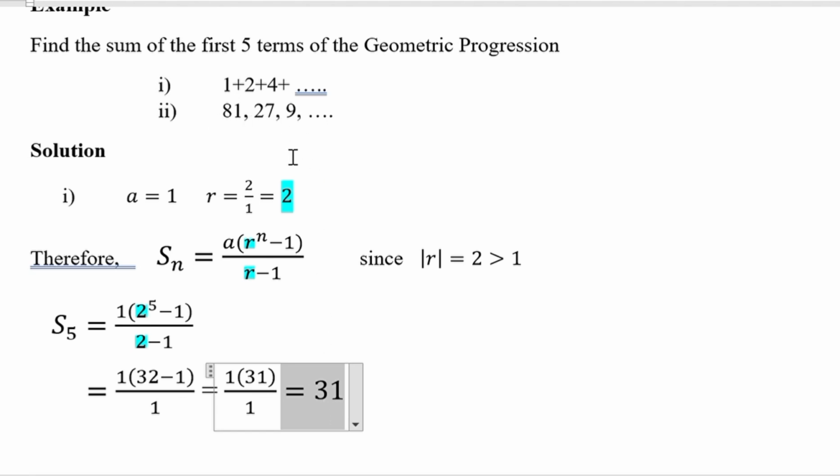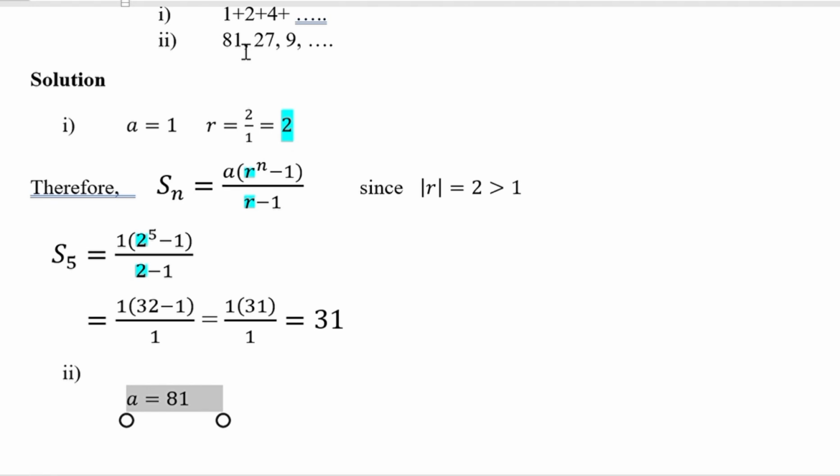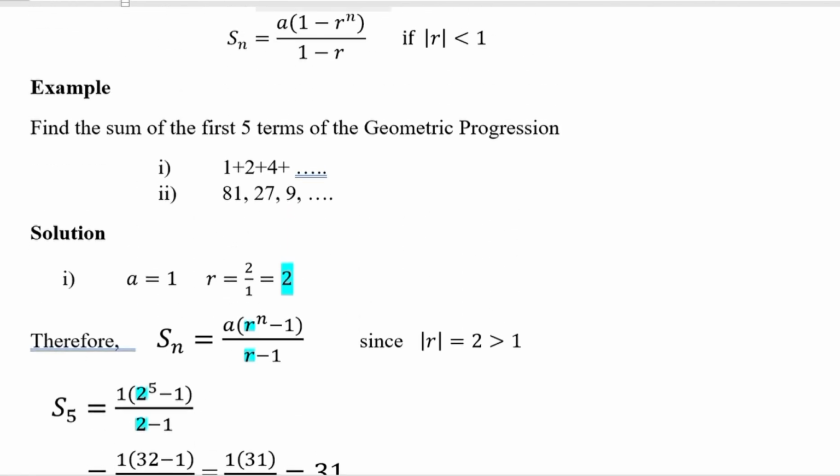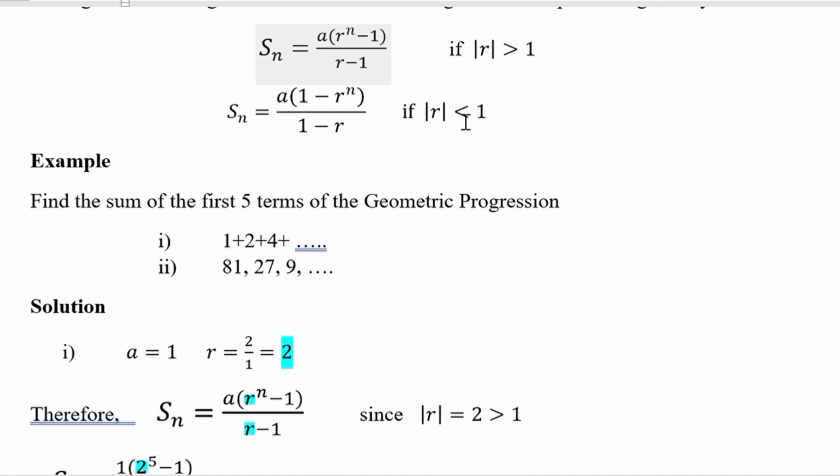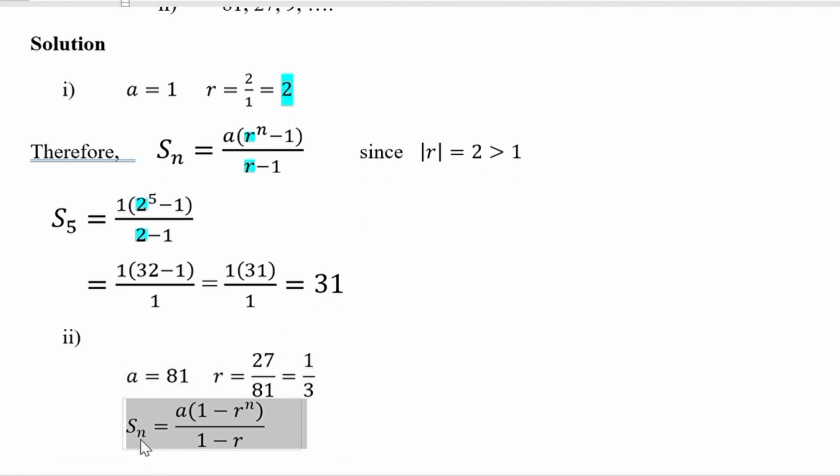For the second one, you realize our first term is 81, and the common ratio is 27 divided by 81, which gives us 1 over 3. This 1 over 3 is less than 1, and therefore we shall use the second formula here. So we shall say Sn = A(1 − r^n)/(1 − r), which is equal to